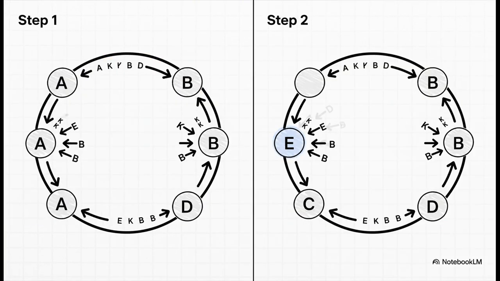And this is where the magic really happens. Look what happens when we add a brand new server. Let's call it server E. It lands right here between server A and server B. Notice something? Server C and D don't even know it exists. They are completely unaffected. All that happens is server E takes over the keys that live between it and server A, keys that just a moment ago belonged to server B. The impact is totally localized, and it works the other way too. If server A suddenly goes offline, its data doesn't just get lost. It's automatically picked up by its clockwise neighbor, B. The ripple effect is contained. It's not a system-wide tidal wave.